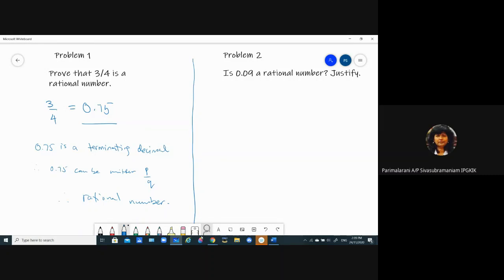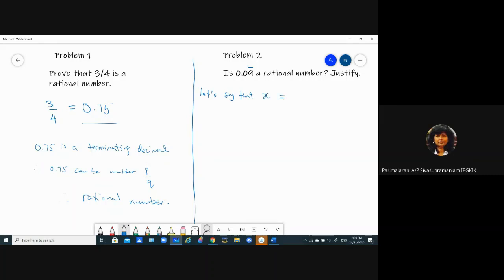Okay, so problem 2. Is 0.09 with a bar on top a rational number? We need to justify if this is a rational number. So how do we do this? Let's say that